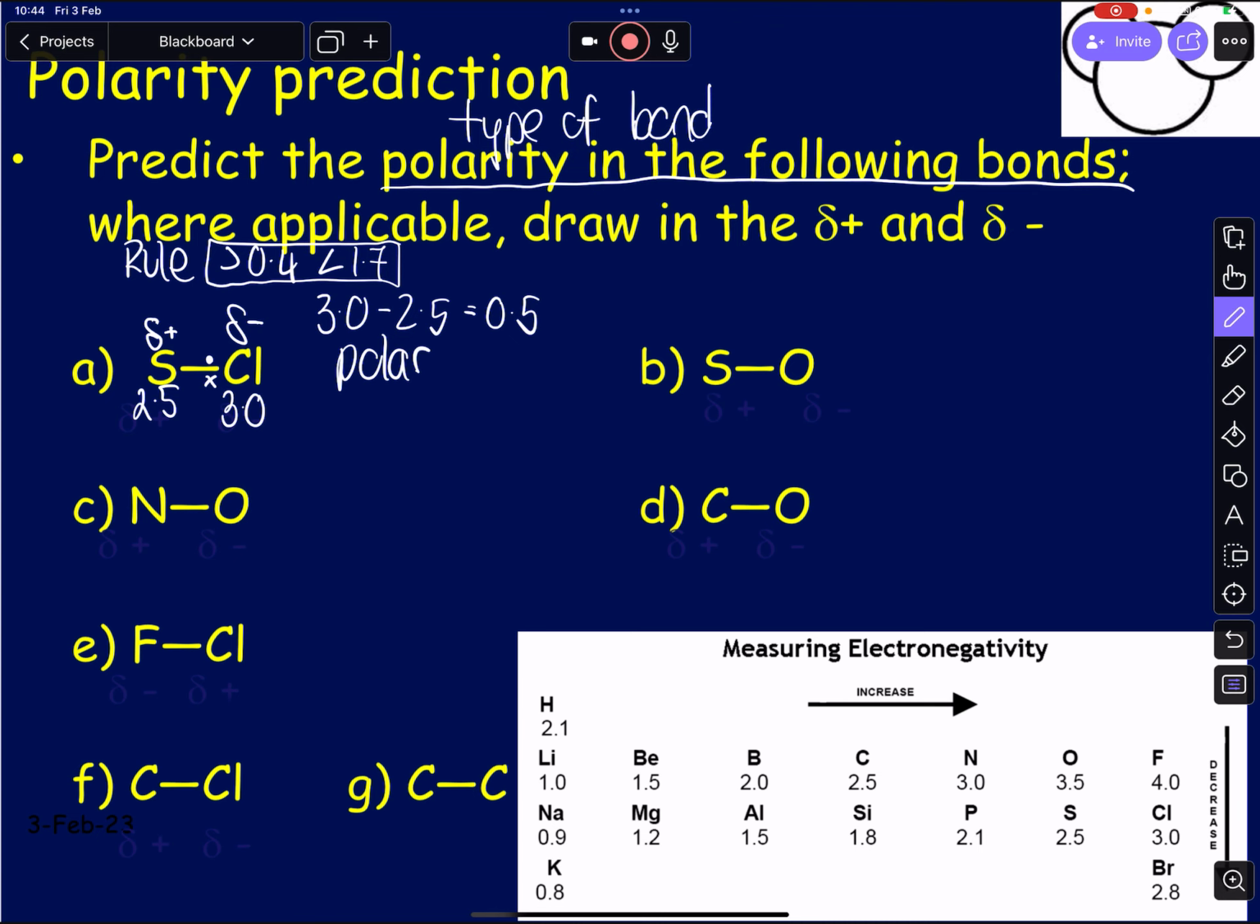So looking at our next one, N is 3.0 and O is 3.5. So again, we're taking the less electronegative from the more electronegative, and again, this is giving us a 0.5 number. So our rule up here is still applying. So this is a polar bond. We're not talking about polarity in molecules, we're just talking about finding what type of bond we have. So again, if you had to